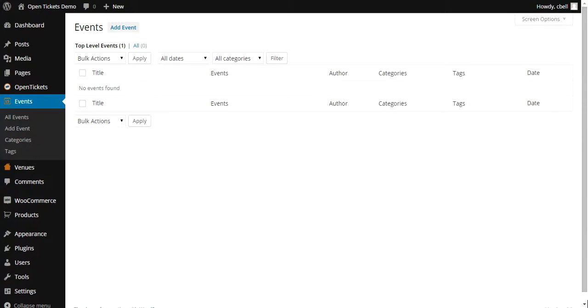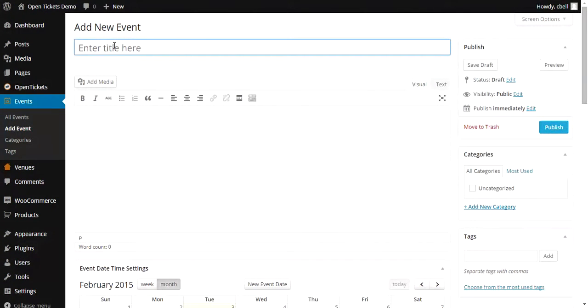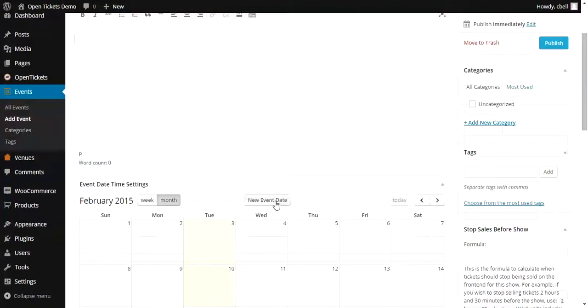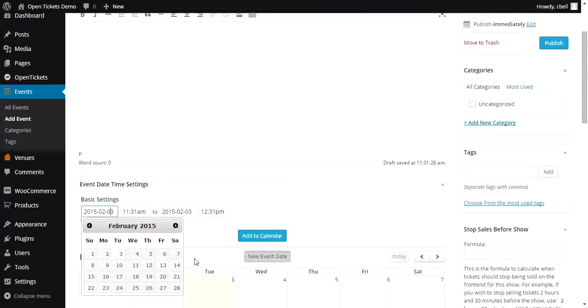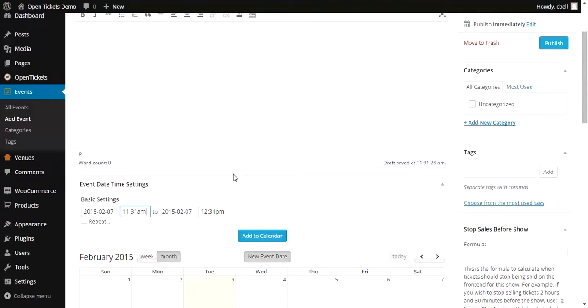As you can see here, we're on the event screen, so I'm going to click the button to add a new event. The new event, like the previous ones, is going to be called Benefit Concert. Scrolling down the page, add a new event date. We'll make it for this Saturday. And again, I need to adjust the times to be